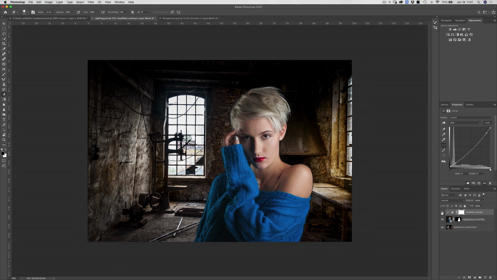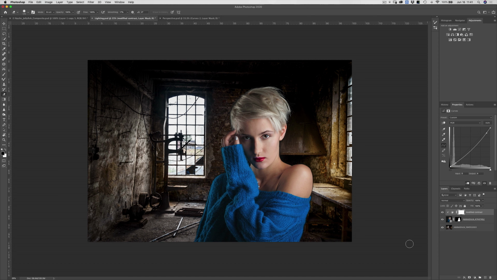So before and after, you can see how just darkening the midtones really helps to bring these two images into a better, they just jive a lot better with one another.